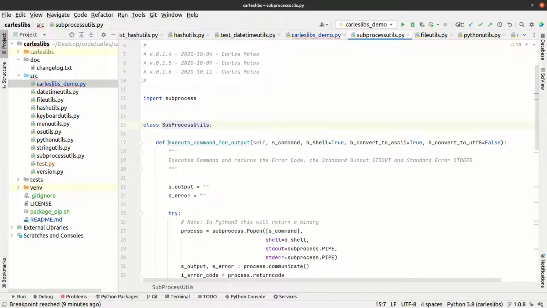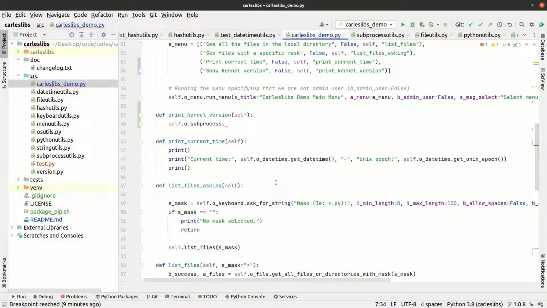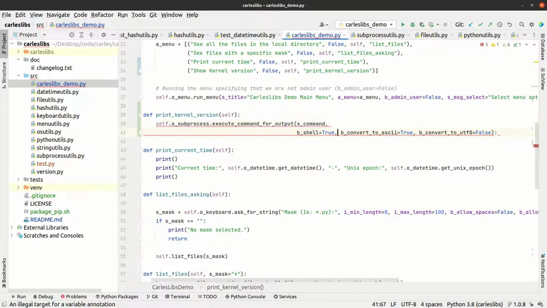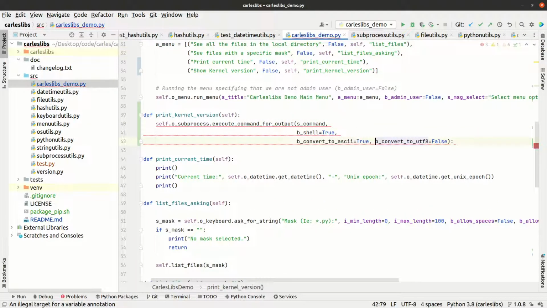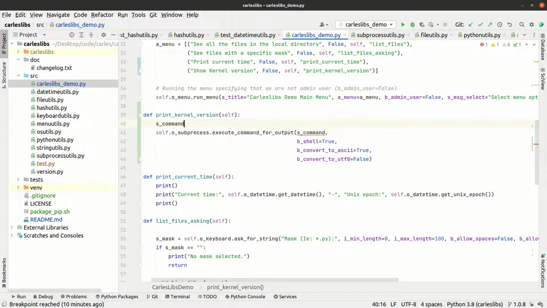So I'm gonna run this method, which captures a standard input, a standard output, a standard error. Okay. I remove the self, obviously. So we will have the command shell convert to ASCII true, convert to UTF-8 no, and remove the semicolon. So I will have a command that will be uname -a,